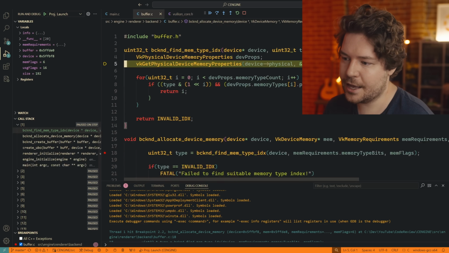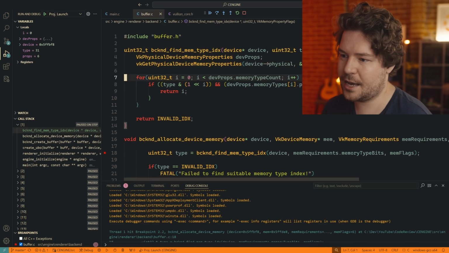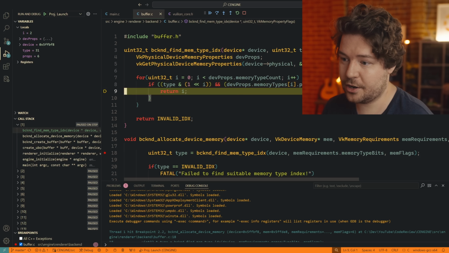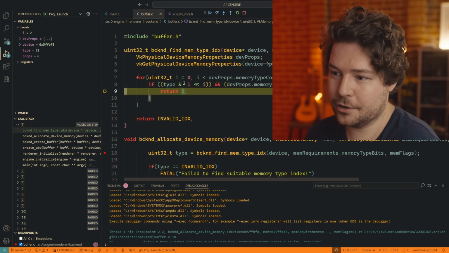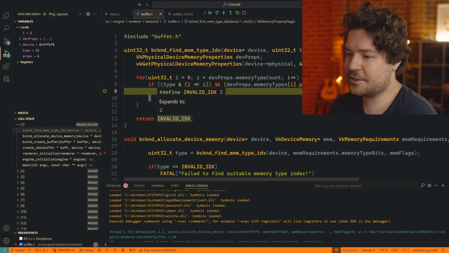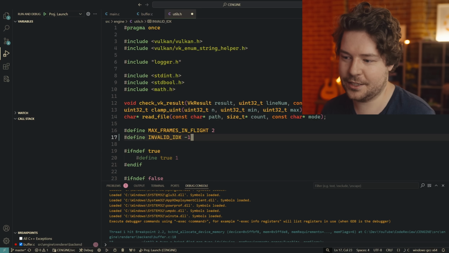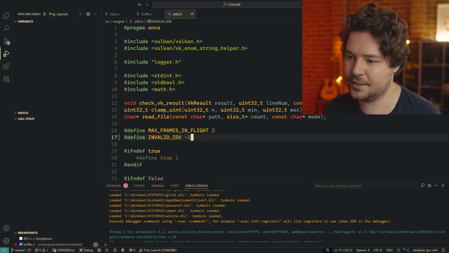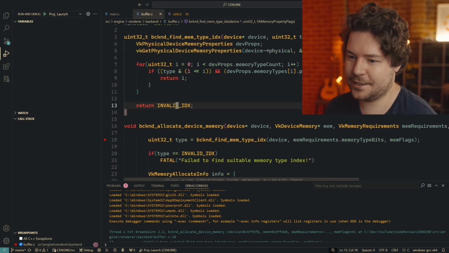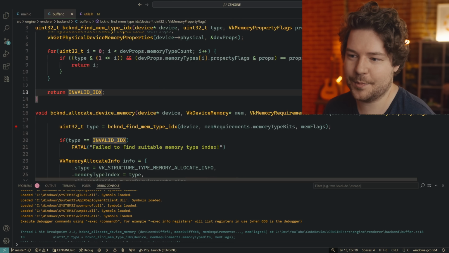So let's F11 into that and let's have a look at what's happening. We're going through this, we're checking it. Let's see when we hit the return, it returns 2, but 2 is an invalid index. So I think that's just wrong. Okay, buddy. So let's change this to like -1 or something that presumably is actually invalid instead of 2. What a weird thing to set that to. I'm being a bit roasty now because that's just annoying.